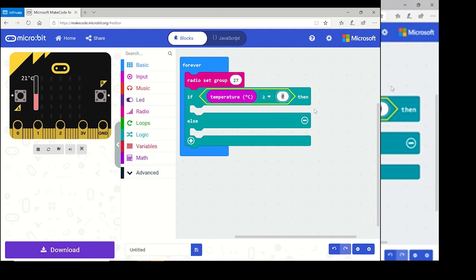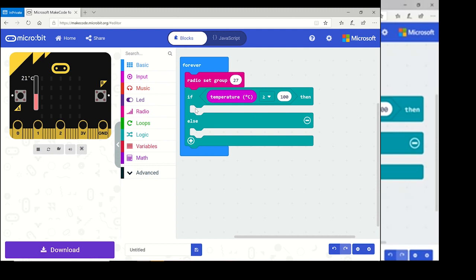Niamh, what number can we put in here? What's the temperature that we could put in to know that the kettle has boiled? Well, generally, I think boiling point is 100 degrees Celsius. Am I correct in saying that, Kaylin? Yep, I think you are. So I think we can say 100, because that is when water starts to boil. So when the temperature is greater than or equal to 100,